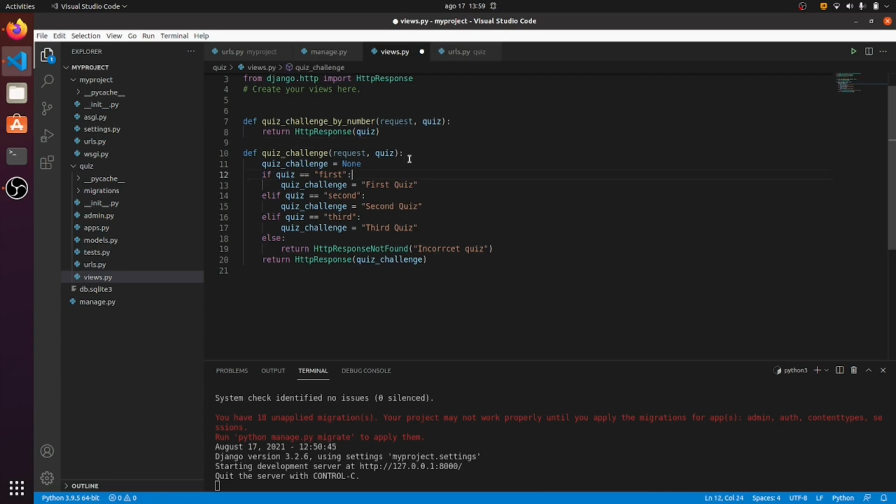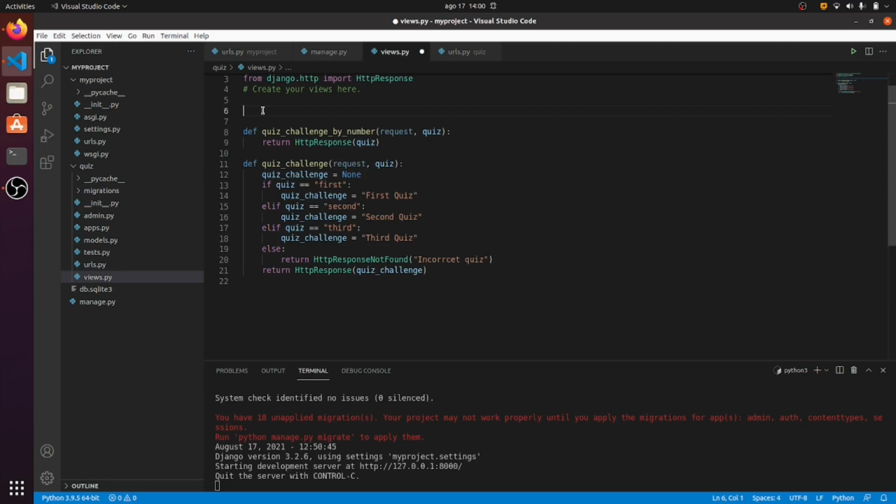Now I am going to make this a bit more dynamic, and I will start with the quiz challenge where all the quizzes should be covered. Now we can add more else if statements here, but this will make a super long if block in the end. I would rather make this more dynamic by adding a new variable at the top of the file, which I will name quiz challenge,